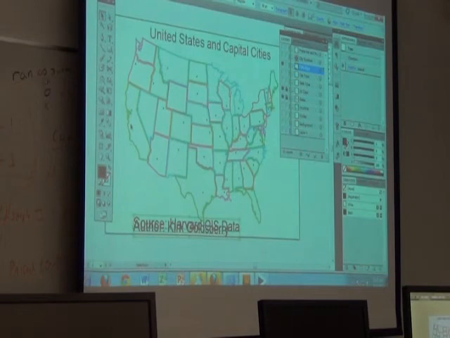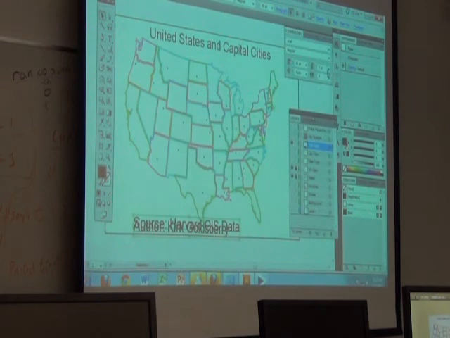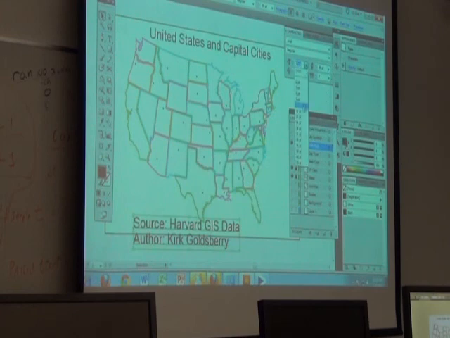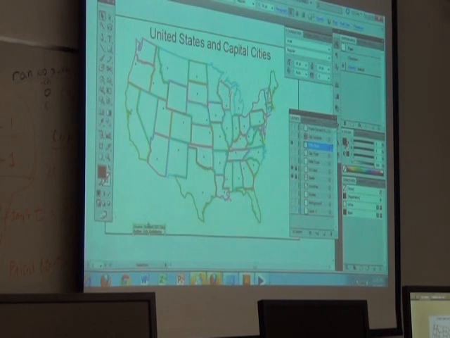And now, what's wrong with that type block? There's a lot wrong with that type block, right? But in terms of our new type terms, that is still having some leading applied. So it's 36-point type, but it has the leading here, the line spacing of 7-point type. So I'm just going to change that to 36. But that's really too small. So I would bring this source and author down to about 10-point total type. And I would just stick it somewhere down here. And maybe make it